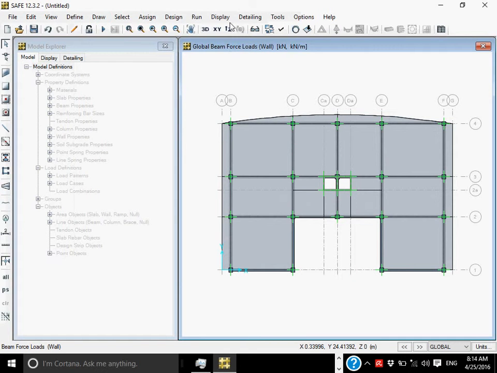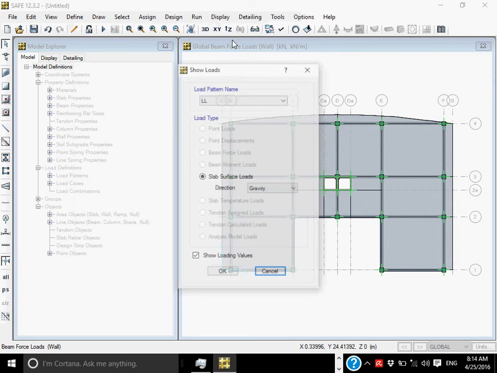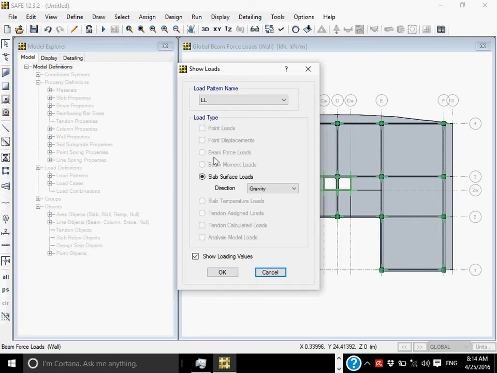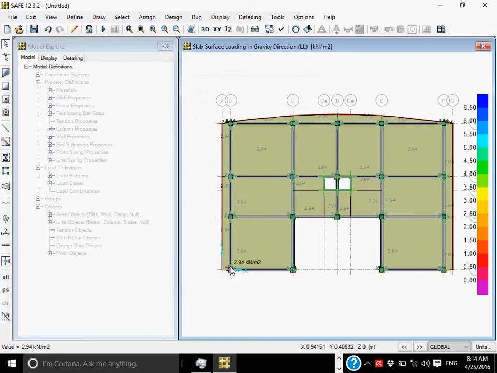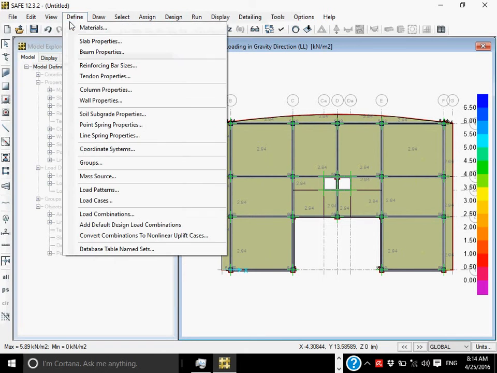So we have the loads now. If you go to show loads, make it okay. So now you can see these loading values. Now what next? We have defined slab and beam. Is anything missing?